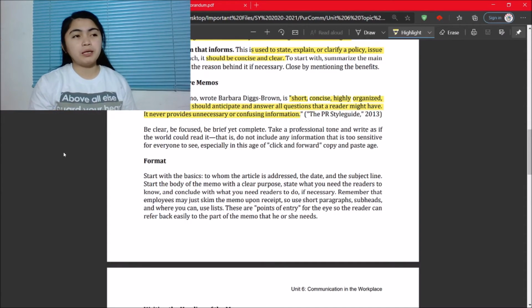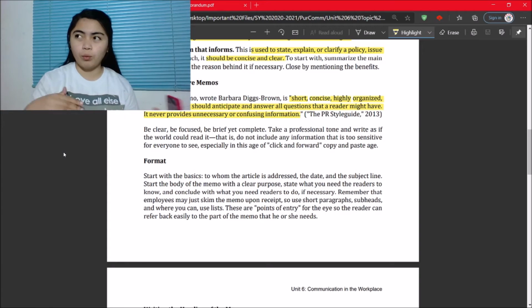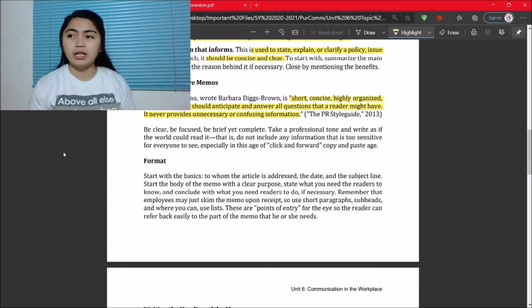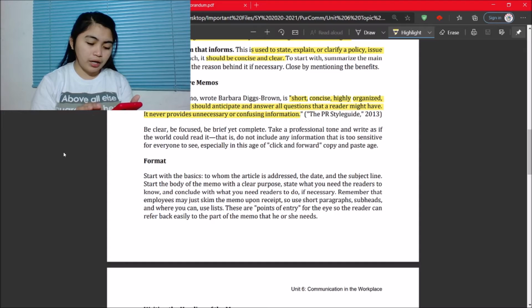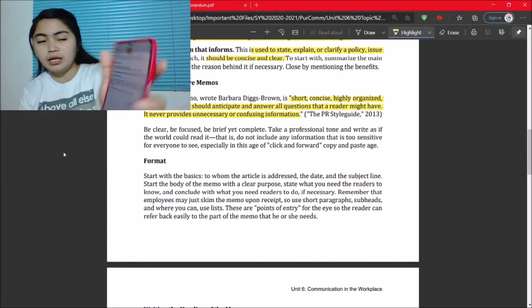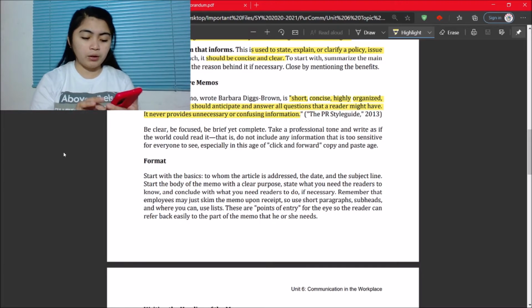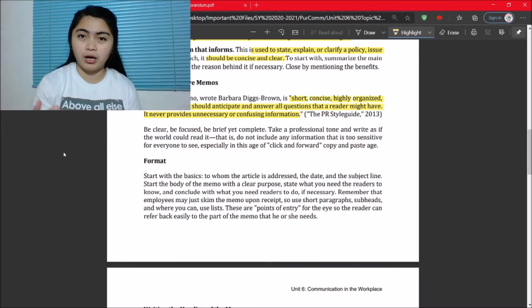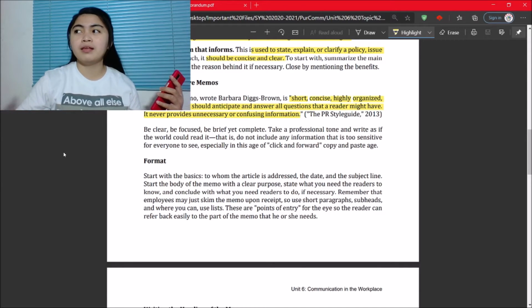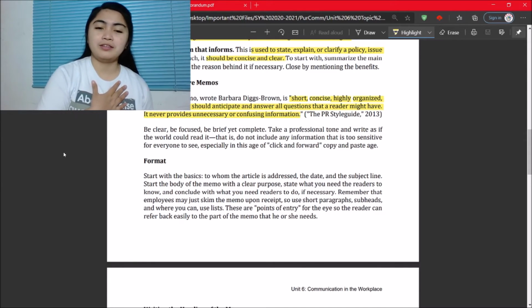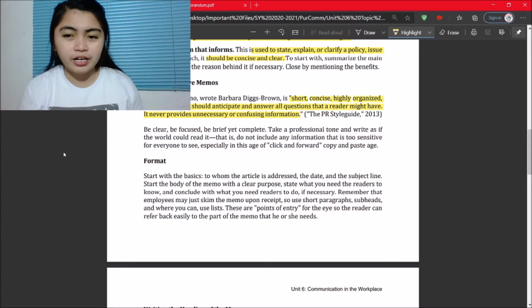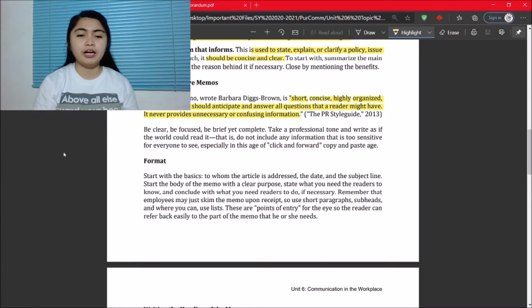So, as much as possible, 3 days before the deadline or 1 week before the event na kailangan mo attendan, kailangan ng may memo na lalabas. Tulad dito, August 24 pa yung Zoom meeting namin. August 24 pinalabas yung memo, pero ang Zoom namin, September 4. Just imagine the span of time na in-inform kami. So, yeah, never late. Okay, so be clear, be focused, and be brief, yet complete.